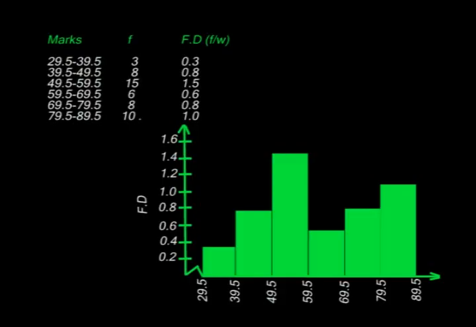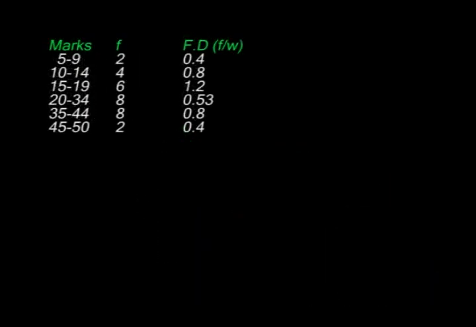From that histogram, the bars have equal width, and this is because our class intervals were constant at 10 for each of them. Now, it doesn't always have to be like that. There are instances when the class intervals may vary. Now, that would mean the bars would be having varying width.